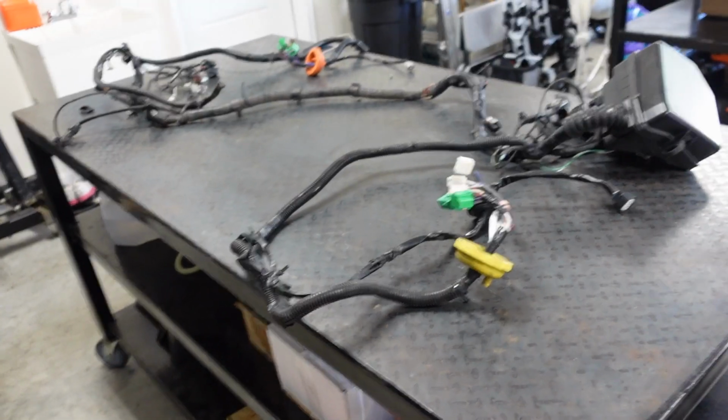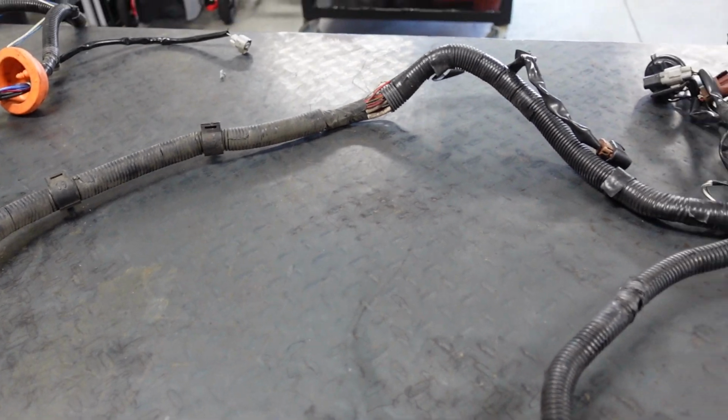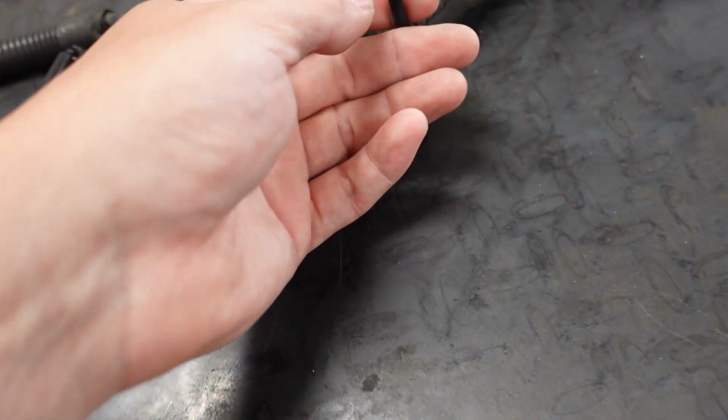But to do so, he realistically would need the car. Thankfully, he has another Supra, and I'm just going to send him this entire fuse box. But here's the other problem, let me just show you. So I'm going to send him my entire fuse box setup, and it's just easier to do that way for lengths and everything else. Now, some of the problem with this is, there's been quite a few wires, like